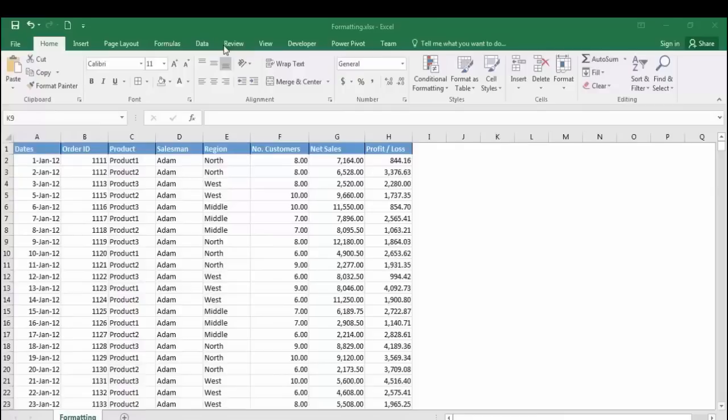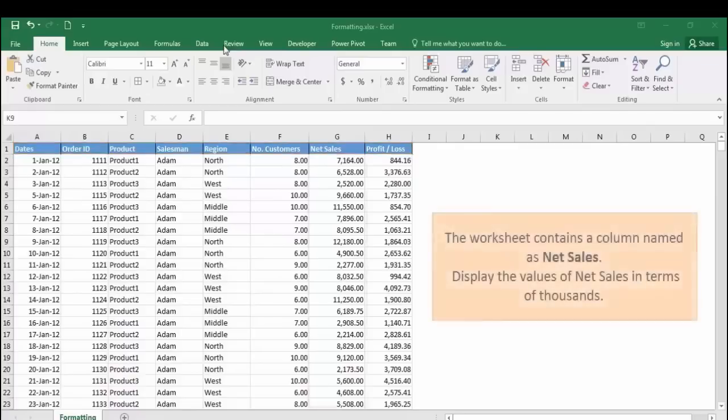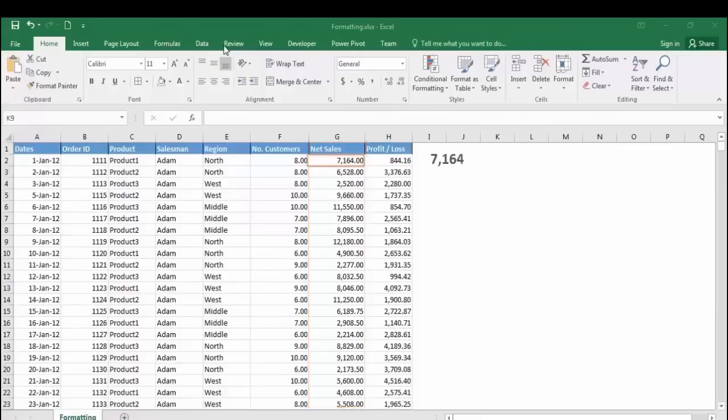In this lesson, we shall consider the following fields from our master table: dates, order ID, product, salesman, region, number of customers, net sales, and profit and loss. Here in the given worksheet, we have a column named Net Sales. Suppose we want to display the values of net sales in terms of thousands. For example,